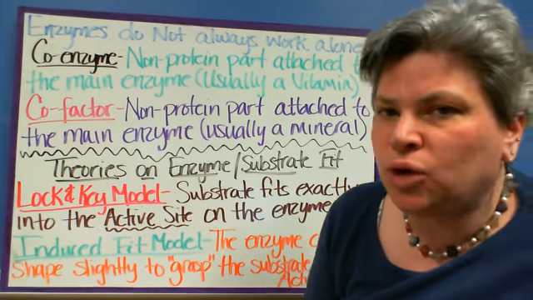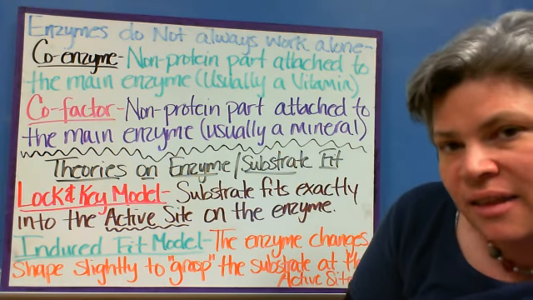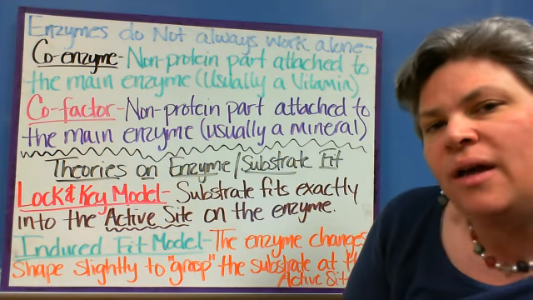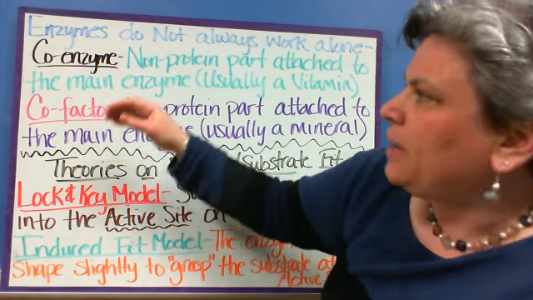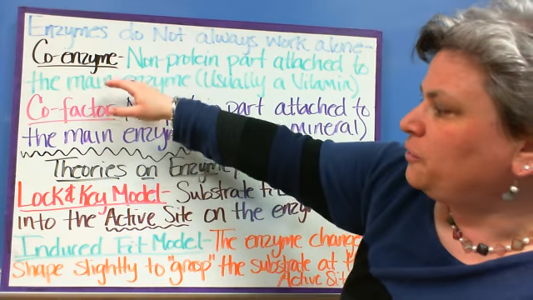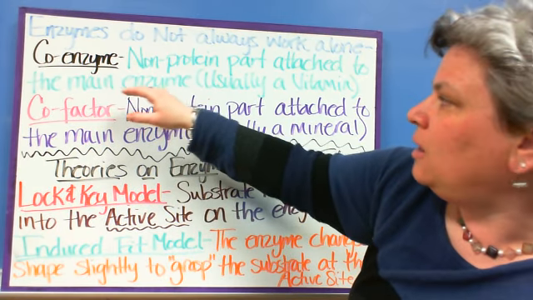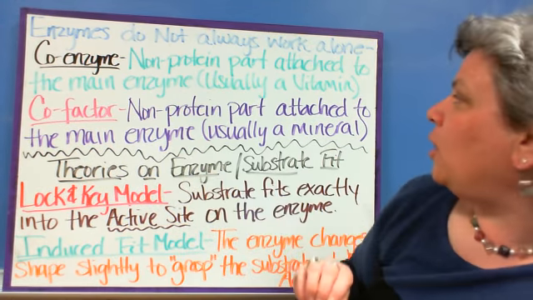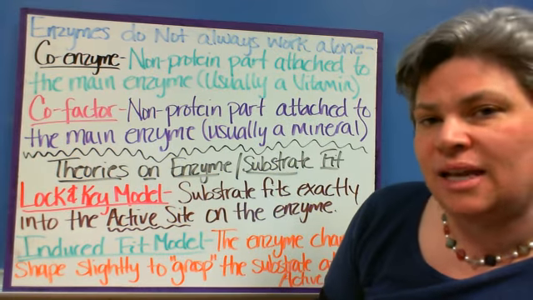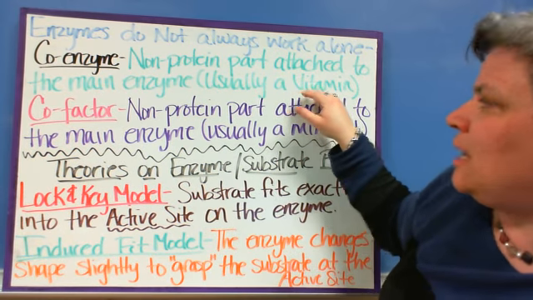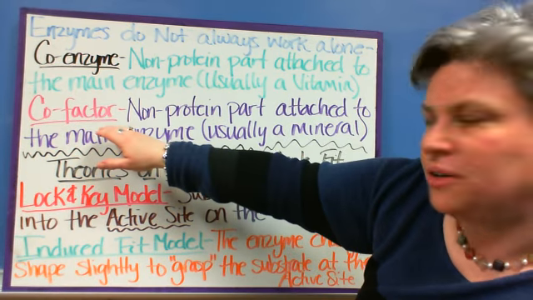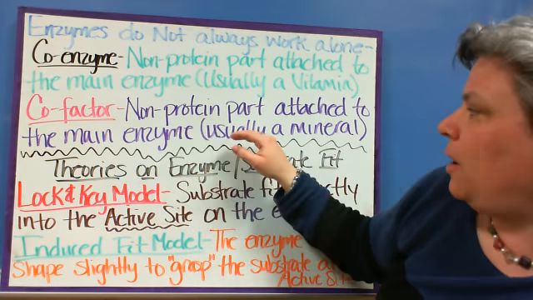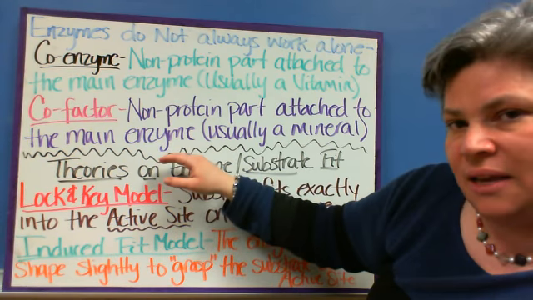Enzymes don't always work alone. Every now and then they need a little bit of help. They need a little helper to kind of get them to do their job. So we have two examples of that. The first one being a coenzyme, which is a non-protein part attached to the main enzyme. Usually a coenzyme is a vitamin, and then I have a cofactor, a non-protein part attached to the main enzyme,